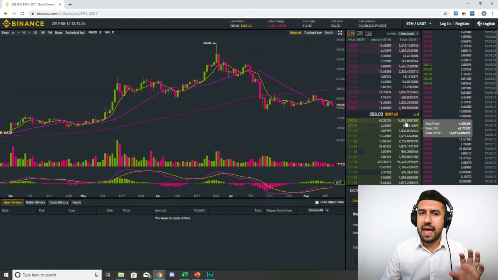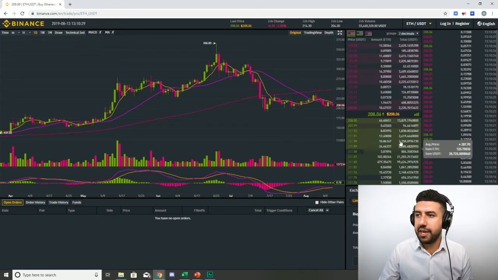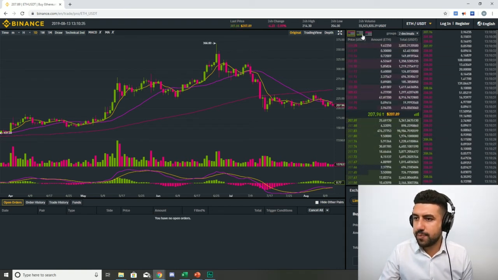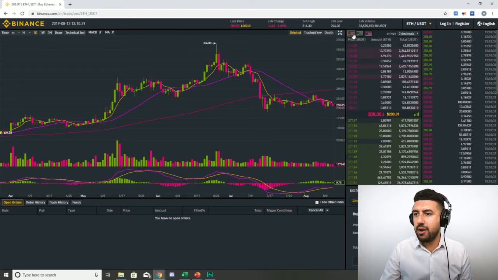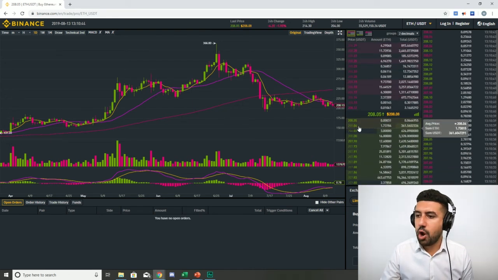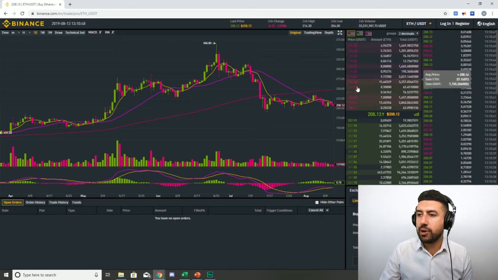All exchanges are going to have a similar layout. You have the order book. If I'm looking at Ethereum, you see all these people here, they're all buyers. I can even look deeper in the order book at all the buyers or all the sellers, or I can look at buyers and sellers simultaneously. I have all the prices that they're willing to buy at, all the quantities and the total. And I have the sellers, the prices that they're willing to sell at, the quantities and the total.